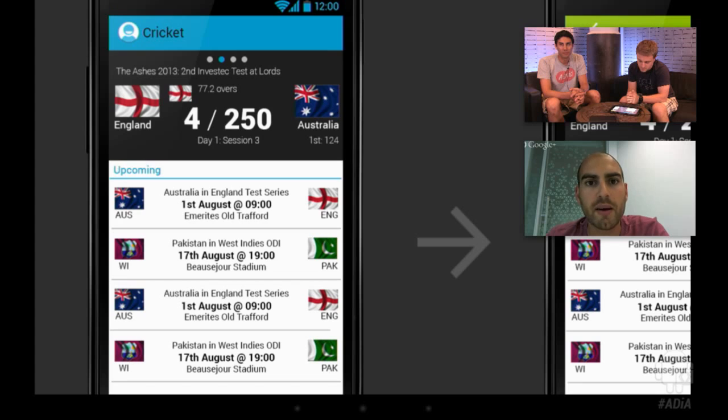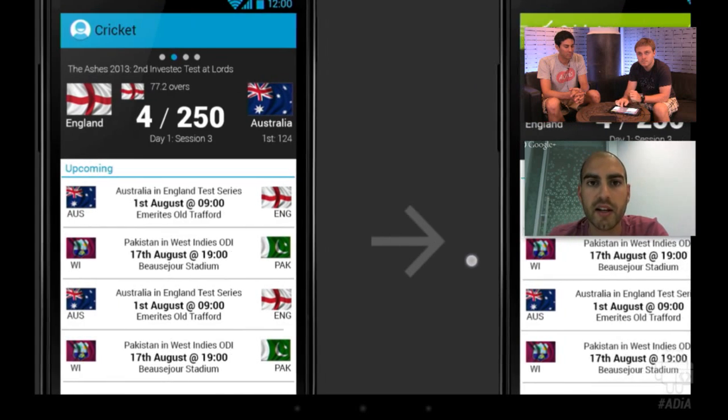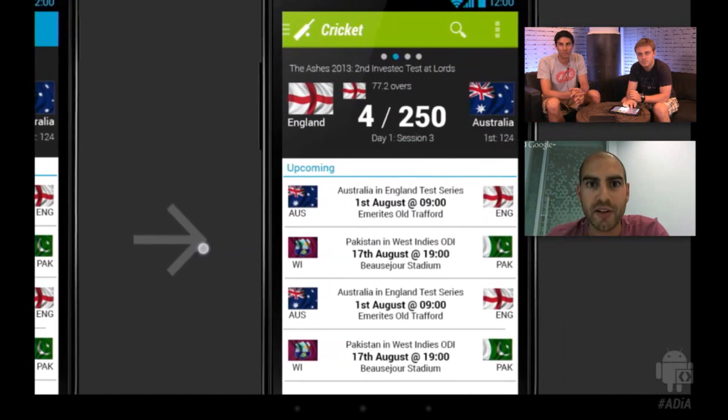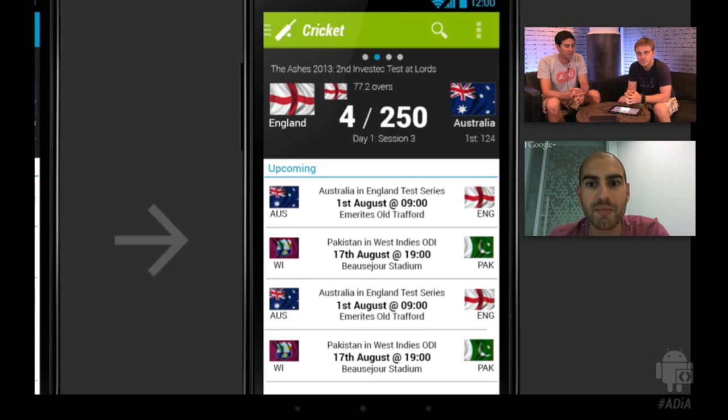And I find if an application goes with this stock blue, it makes it feel almost too stock in a way. It's almost like no attention has been paid to it, or you're just using an out-of-the-box component. So what I decided to do is, when I think of cricket, I think of green fields with players wearing white and a red ball, and that's the kind of palette I thought to work with. So we instead reskinned it using this grass green, I'm going to call it,